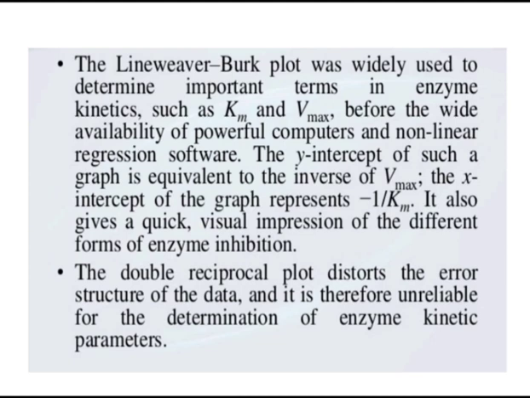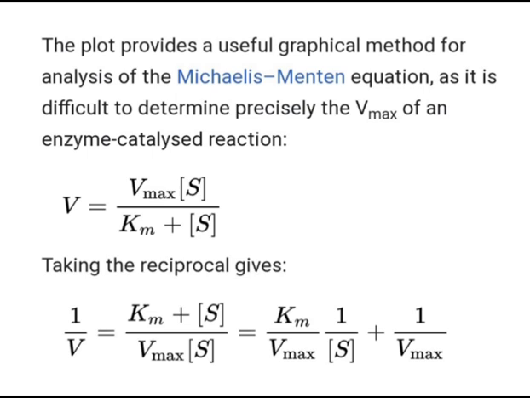Before that we need the values of y, x, m and c, because the straight line equation is y equals mx plus c. Y means the term on the y-axis, x means the term on the x-axis, that is the concentration, m means the slope and c means the intercept. So the equation which we have seen in the last lecture is here.